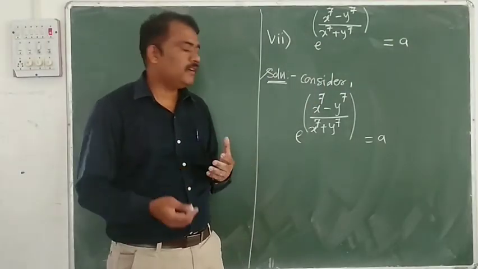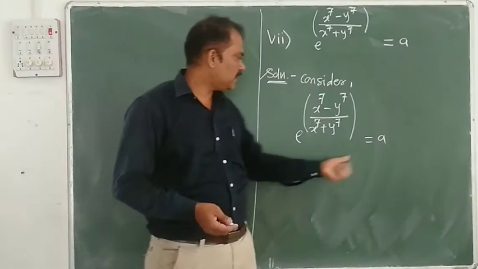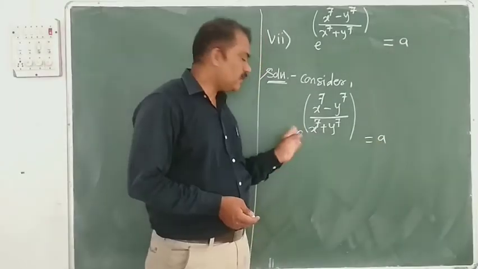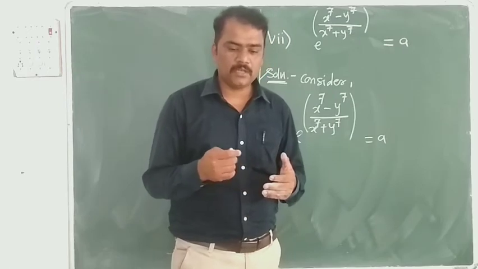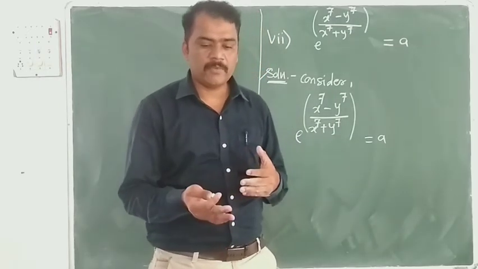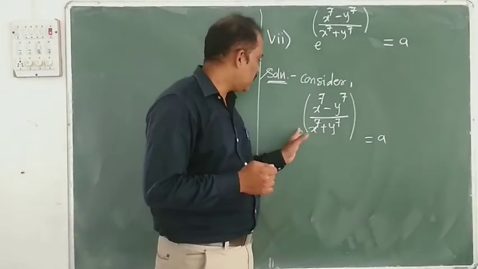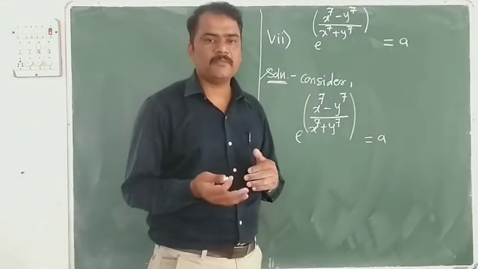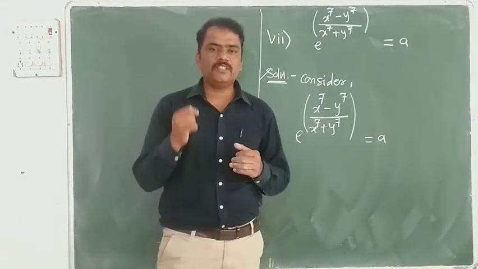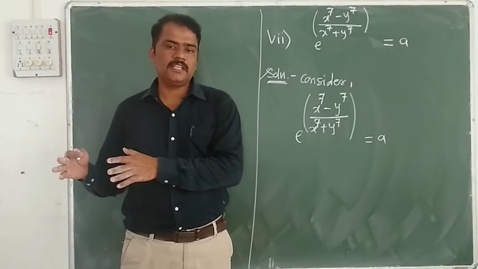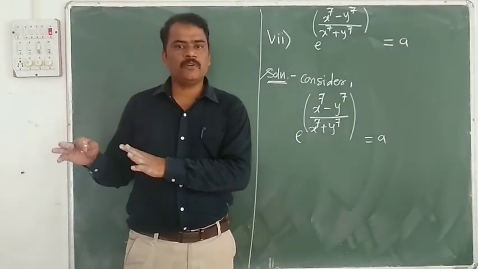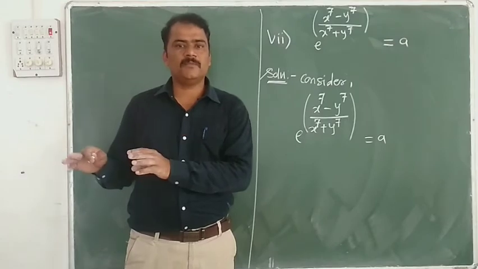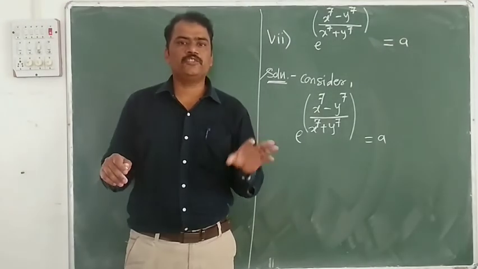To make the derivative easy, we transfer this E to this side. In the previous example, we converted the logarithmic form into exponential form. In this example, we convert the exponential form into logarithmic form. So whatever syllabus we study in the 11th standard, that syllabus is more important because all the basic concepts we apply in the 12th standard.